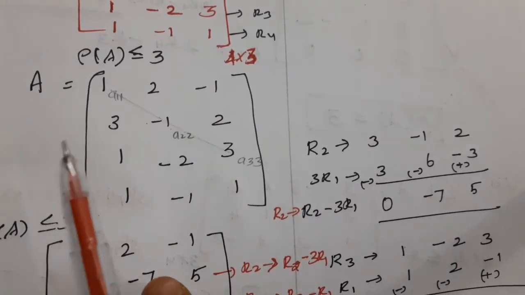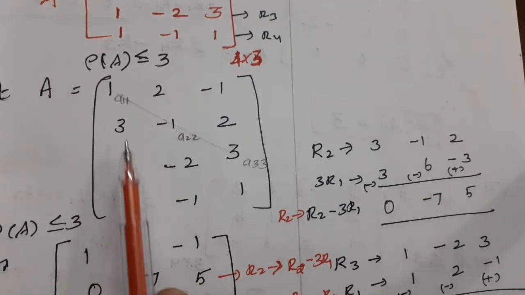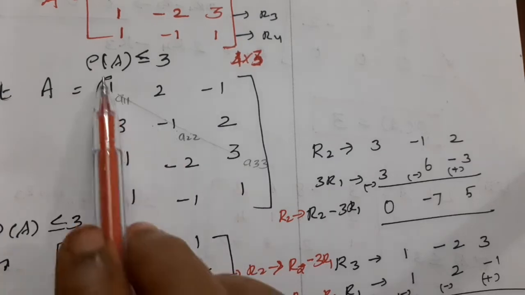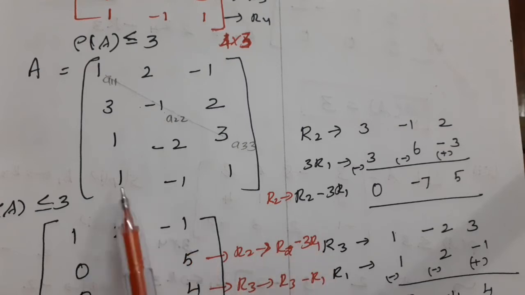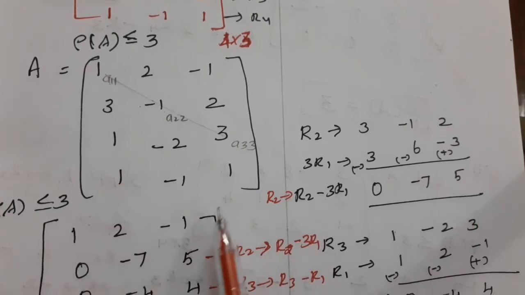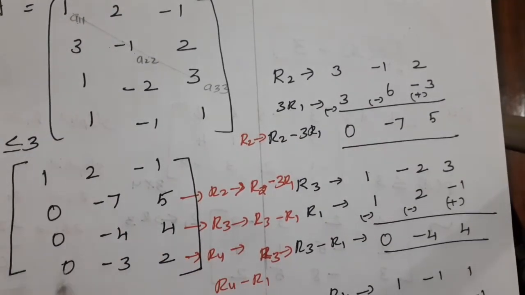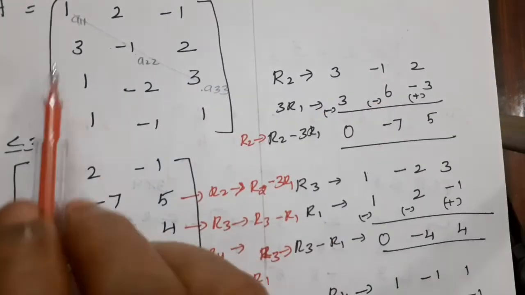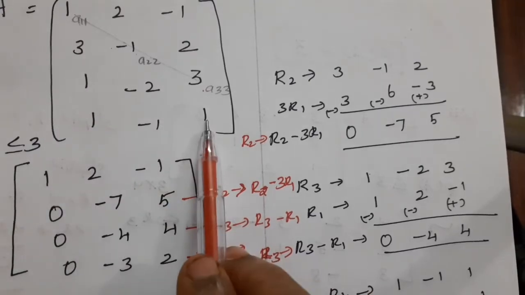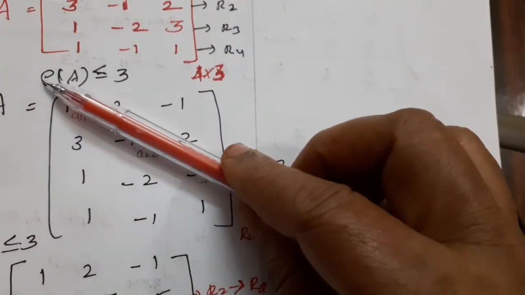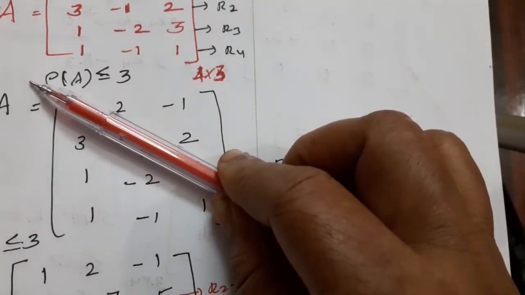Before I taught the minor method, now using the row reduction method. So we take this: A11, A22, A33. This is the main diagonal. Now we are going to make 0s for the echelon form. Below the main diagonal we make the element values become 0. This is the row reduction method: below the main diagonal, with A11, A22, A33, the element values become 0.